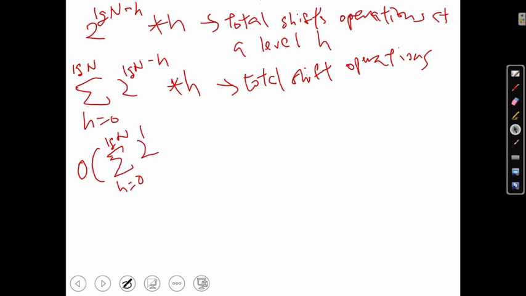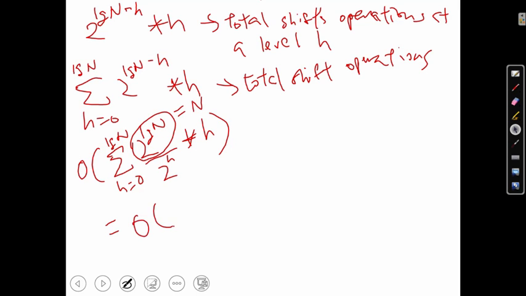Log n to the power of log n. 2 to the power of log n minus h is basically 2 to the power of log n divided by 2 to the power of h, right? Times h. Yes. Now can we simplify this? What is 2 to the power of log n? It's your logarithmic identities. This must be equal to n. Yes, correct. Then I can factor this n out, right? So it becomes big O of n